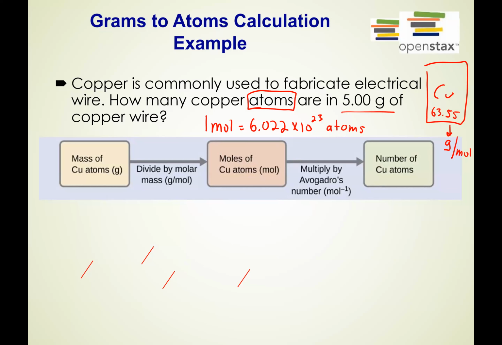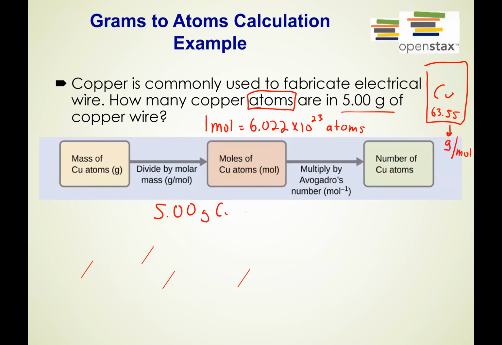So can you use molar mass with atoms? Never. Whenever you see atoms, do not look at the periodic table. It will not help. The only time you can use atoms, that's Avogadro's number. So if we're starting with grams, can we use the periodic table? Yep, we can, because the units of the periodic table are grams. So we start with